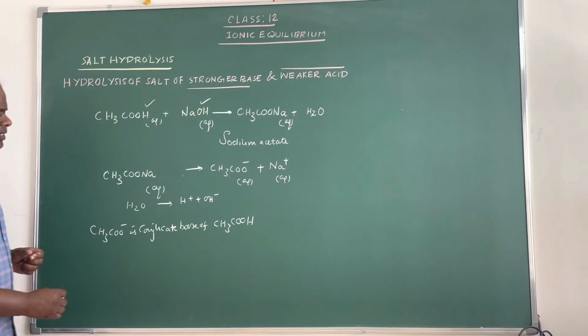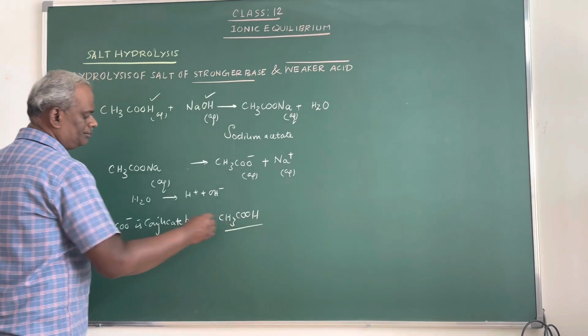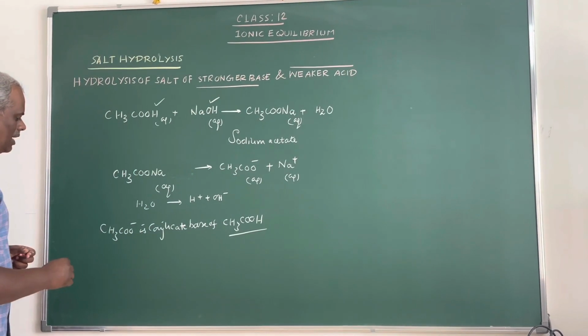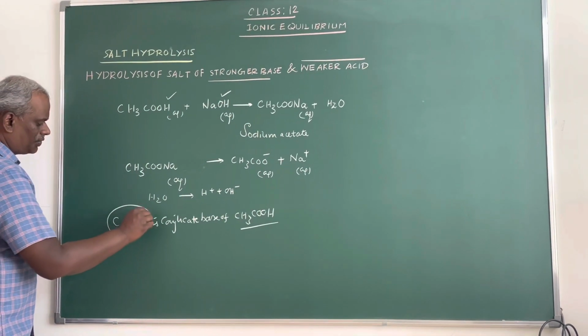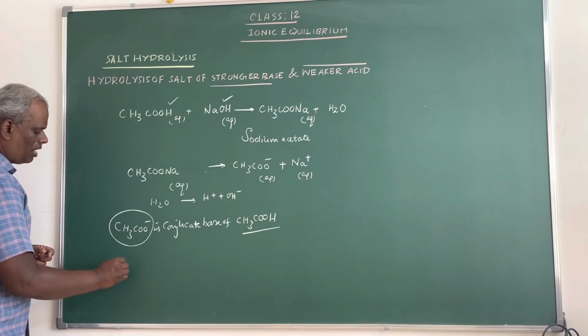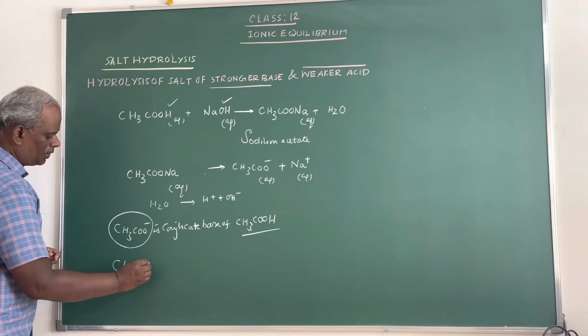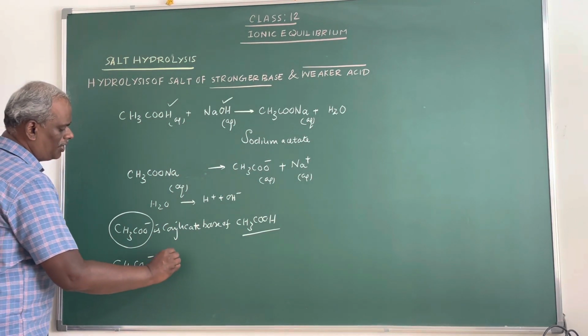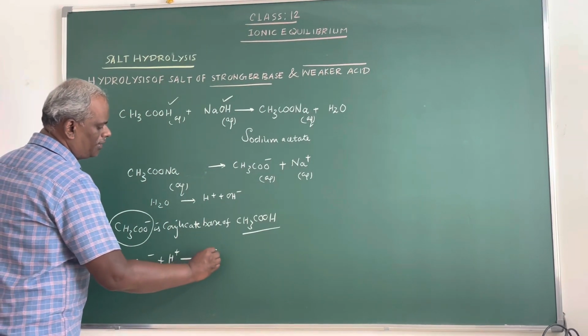We know that acetic acid is a weaker acid, and this conjugate base, CH3COO minus, has a strong tendency to combine with the hydrogen plus ion, and it is forming